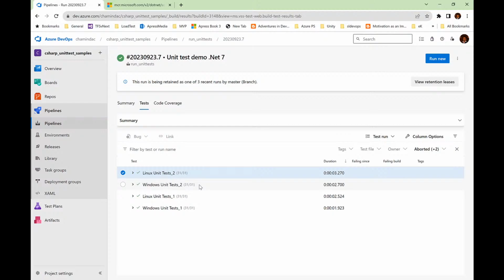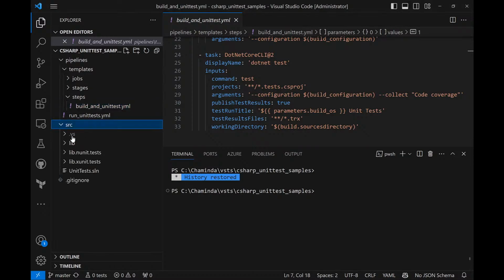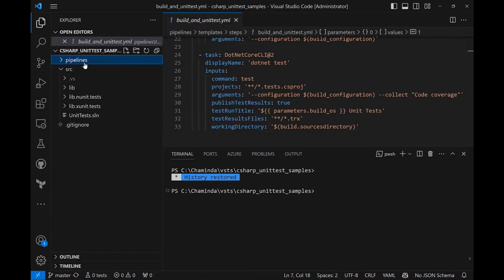So what we are going to do is get a Docker container created to run these tests in the pipeline. So let's begin that. Generally, we create Dockerfiles inside the relevant project folder. But in this scenario, we are going to execute all the tests using a single Dockerfile in a container. So we will place this Dockerfile inside the pipelines folder because it's more relevant to the pipelines, not to the actual code. So let's create a folder called Dockerfiles